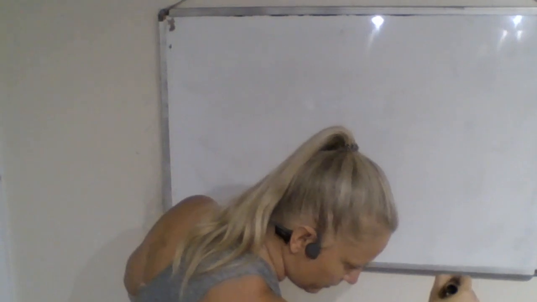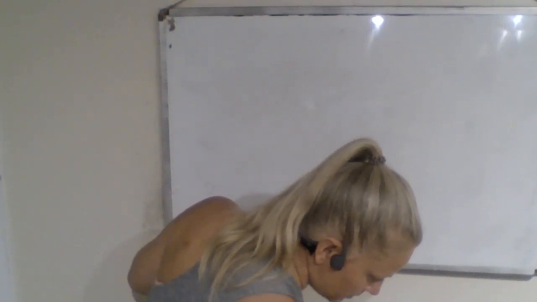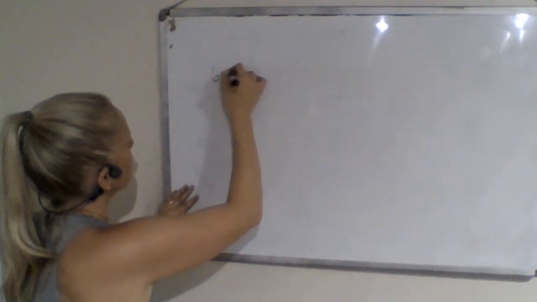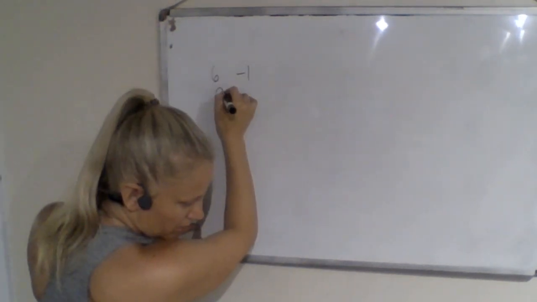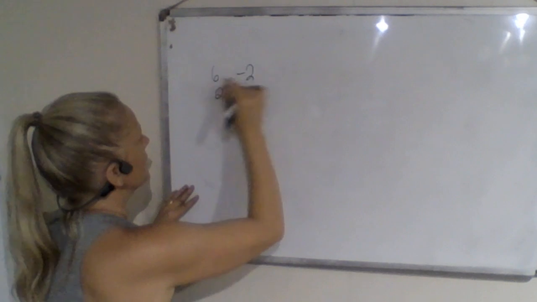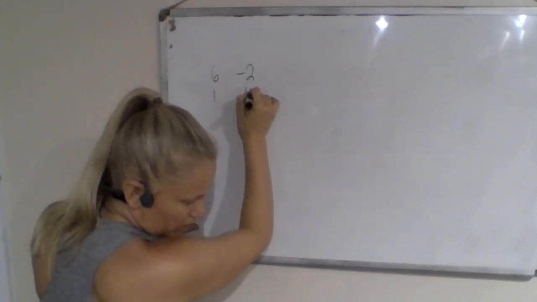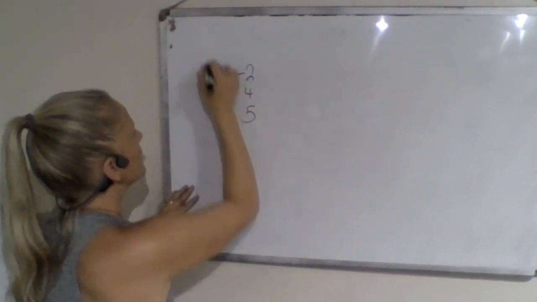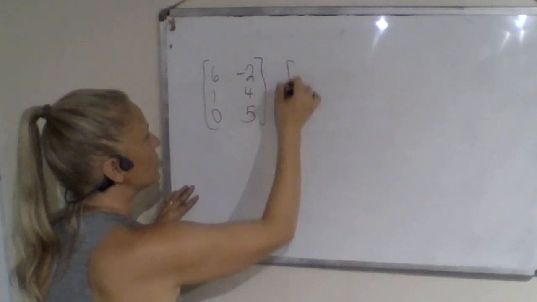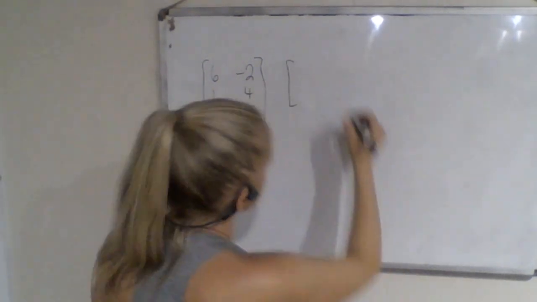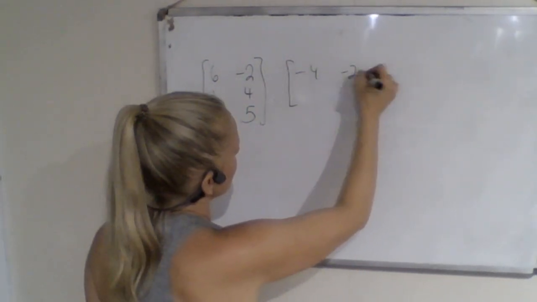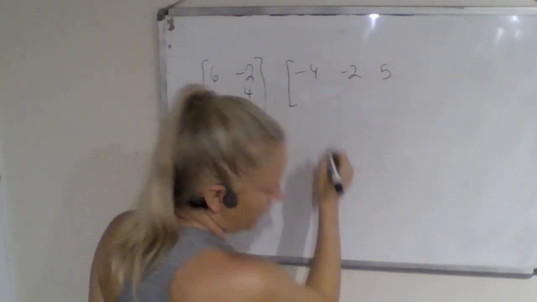Here it is. I'm trying to find one. Well, do I really want to do this one? Yes: 6, negative 1, 2, 4. No, this is negative 2. This is 1 and 4, 0, 5. Times, and this becomes negative 4, negative 2, 5. And then 4, negative 6,